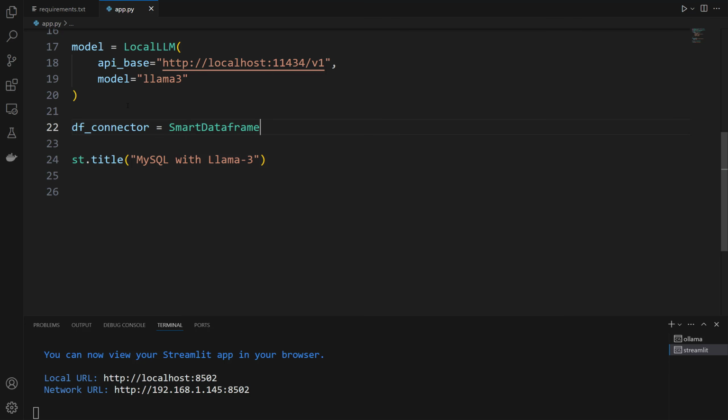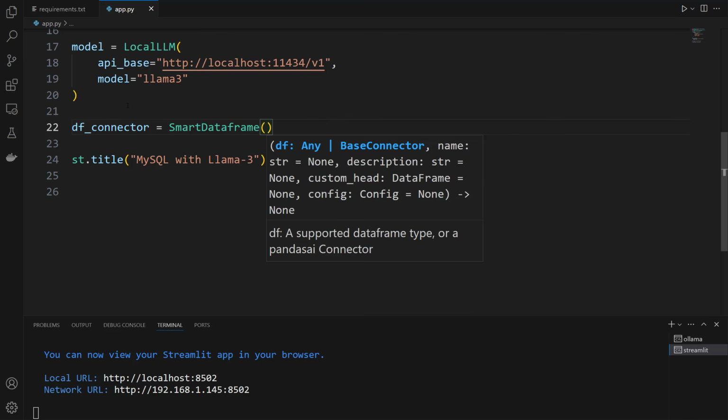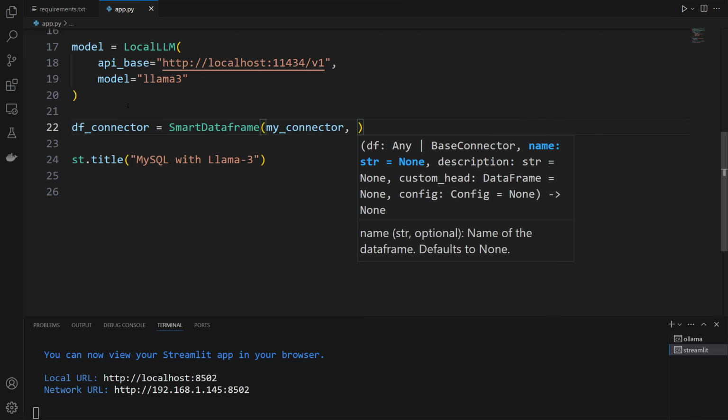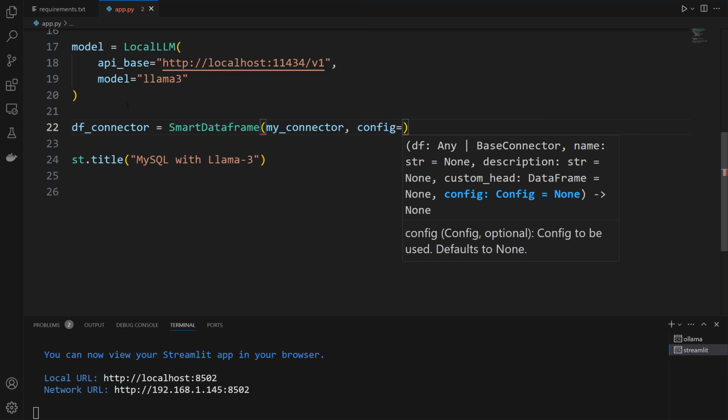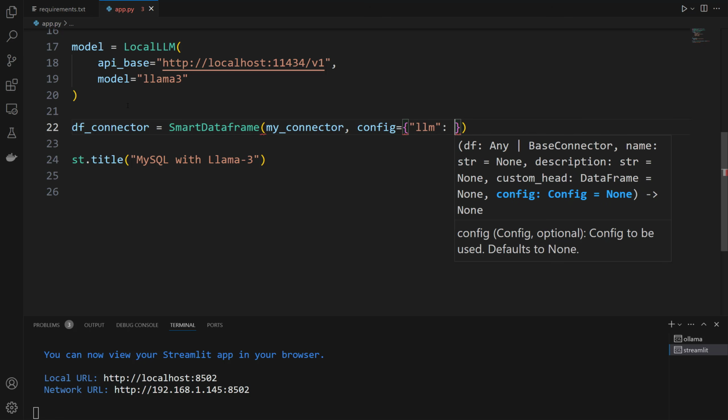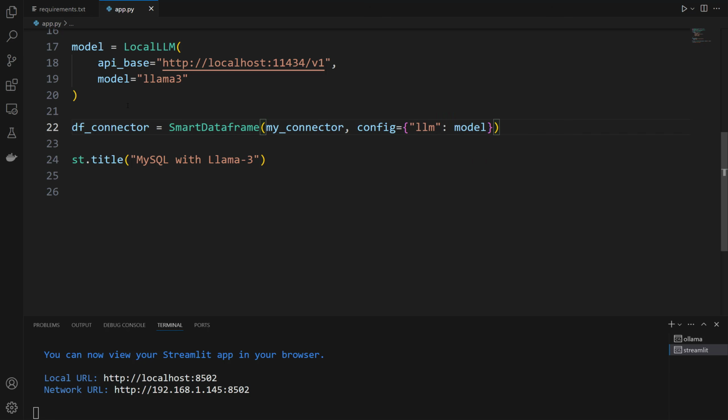Let's call the SmartDataframe class. First, let's pass our connector object, my connector. Next, let's give our model config equals. Let's type LLM. Let's pass our model. Okay, awesome. Our smart data frame is ready to use.